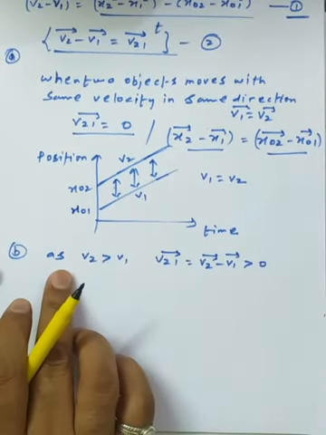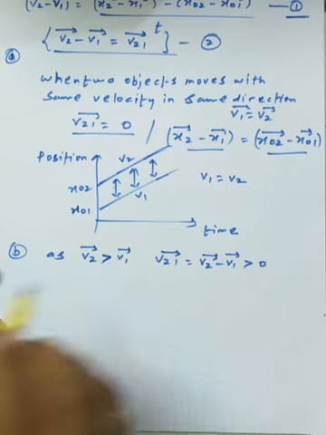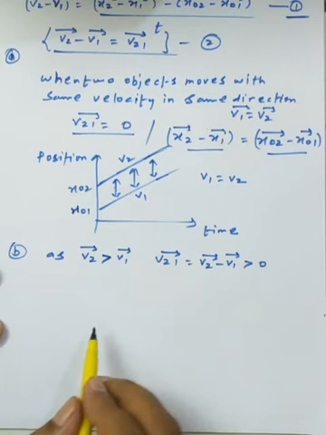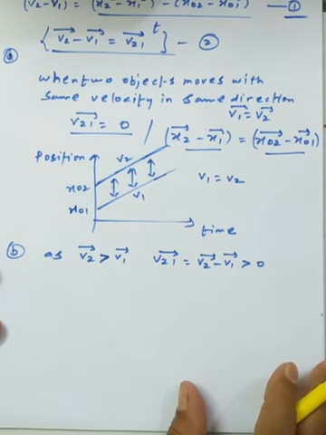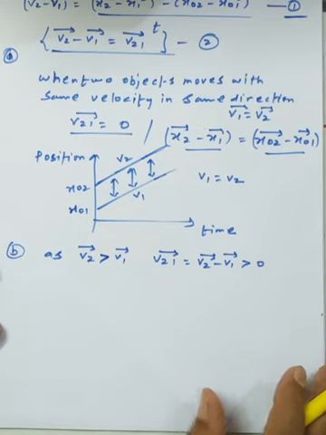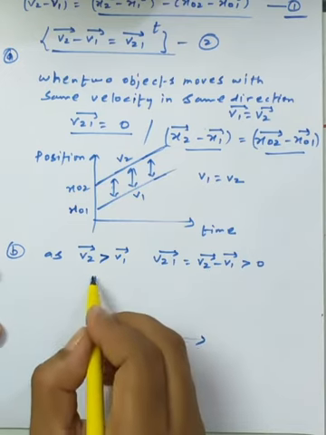Now we have assumed the condition that v2 is greater than v1, and in this situation the relative velocity of 2 with respect to 1 will be positive. So we can say that two cars are moving on a road. The velocity of one car is very fast, and gradually it increases, so it will leave behind the car which is coming just behind the second car. So we can simply assume the graph regarding this information.